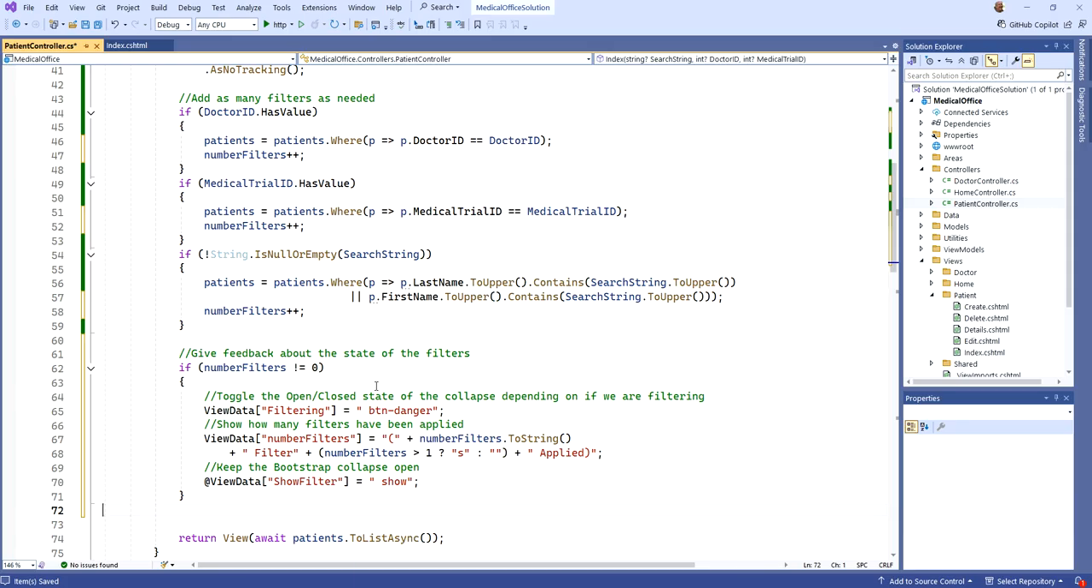Then I'm going to toggle the open close state of the collapse, depending if we're filtering, okay? So we actually are filtering, so I'm going to change the style of the button to danger. That'll be nice bright red, okay? So it's a visual clue. It'll go dark and one solid color to give a clue that the filter is actually being applied. And we're going to show how many filters. Okay, so I'm going to take my number of filters, toString, and I'm going to basically show how many filters